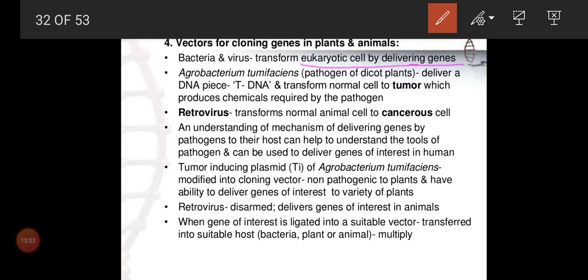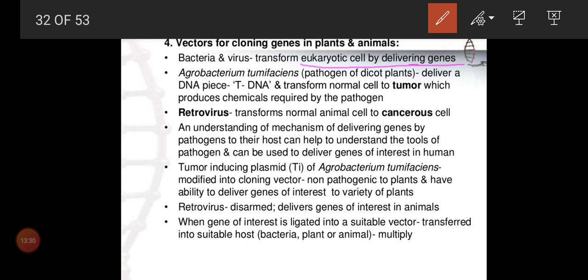Prokaryote means most probably we will go for Escherichia coli. We can transfer in eukaryotes also. If it is eukaryotes, we'll tell plants one category, animals one category, and fungi. If it is a fungus, the most preferable is a single-celled fungus, yeast. Clear? So these are most preferable for your gene transfer, to act as a host.